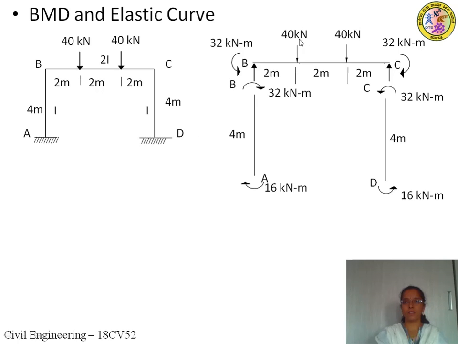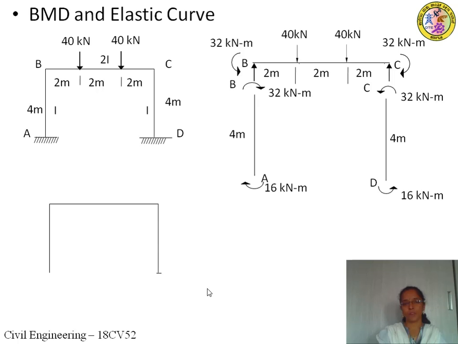So you need not consider these loadings, only the support moments. AB has an anti-clockwise moment, and BA again an anti-clockwise moment. Like this, only support moments you should consider to draw the support moment diagram. Use the thumb rules. To draw the bending moment diagram, draw the base frame without loading and